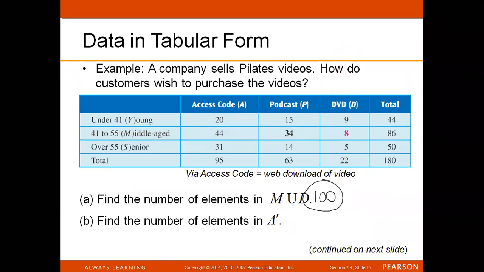Find the number of elements in not A. Let's see, where's A? Let's highlight A, right? So there's A for us. And the number of elements that are not in A, well, we could add the 63 and the 22 together, but I bet the book wants us to think about that the number of elements in A is